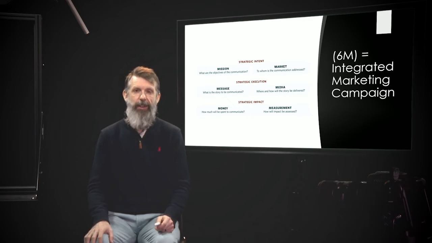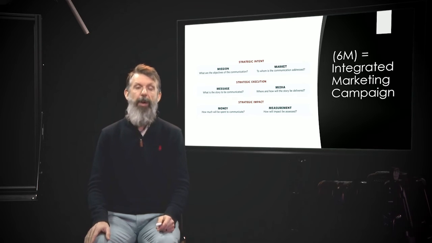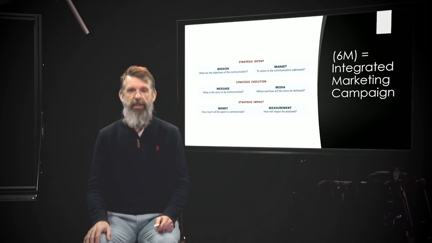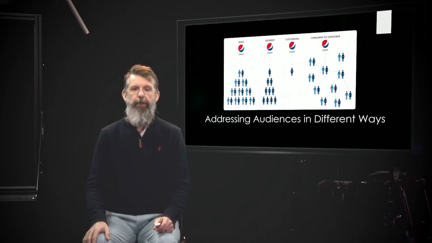But because of the internet and technology, quantitative data is getting easier to track every single day. And what this means is that because it's becoming easier to track, it's becoming easier to measure how successful our ad is or isn't, how successful our communication is or isn't. And because we can measure it, we can get more accurate measurements. We can understand how much budget we need, which is then we can understand how much money we need to spend to become successful. So when you think of these 6 M's and you follow these closely, it should hopefully help improve your odds of success when communicating with your customers.